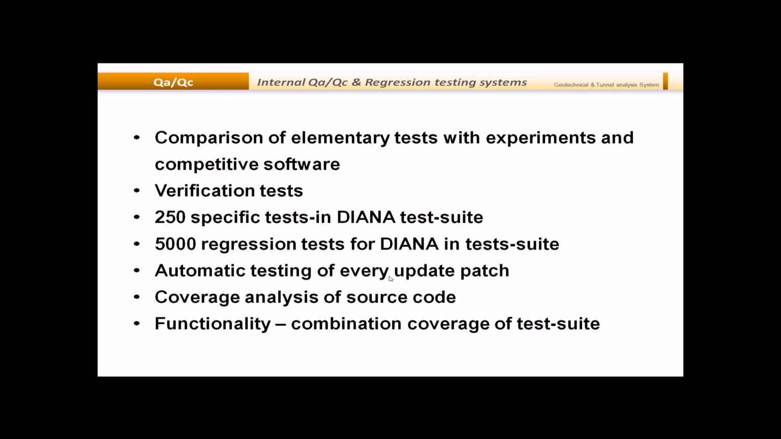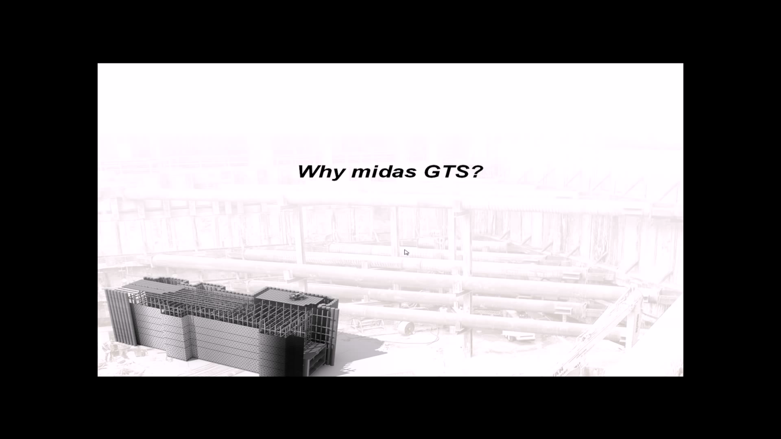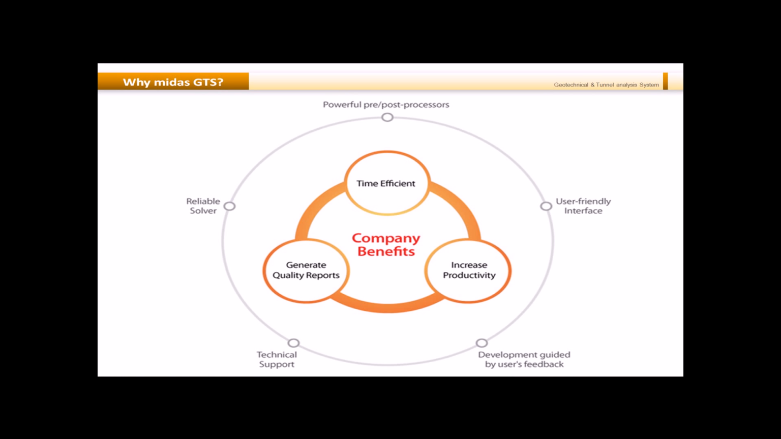Talking about quality assurance and quality control, we have 5000 regression tests for Diana in the test suite. And now let me talk about why Midas GTS can be beneficial for your projects. Because it has a powerful pre and post processor. It has a user friendly interface that I've already shown you. We provide technical support on demand, on time. It has a reliable solver from Diana, and we have a